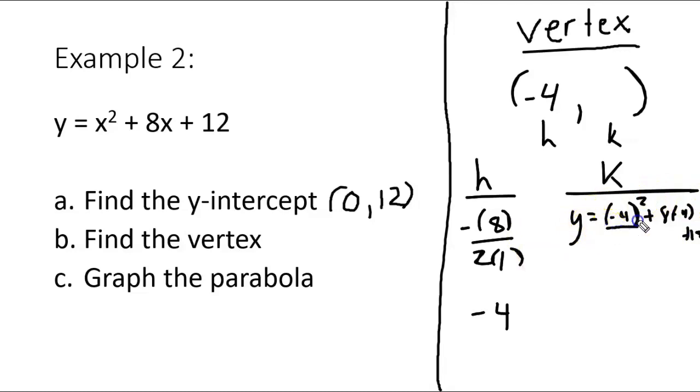So when you're doing this, make sure you follow your order of operations. So we do exponents first. So that's going to be y equals 16. Negative 4 to the second power is 16. And then 8 times negative 4 here. And then plus 12. After you do your power, then you do your multiplication. So we have